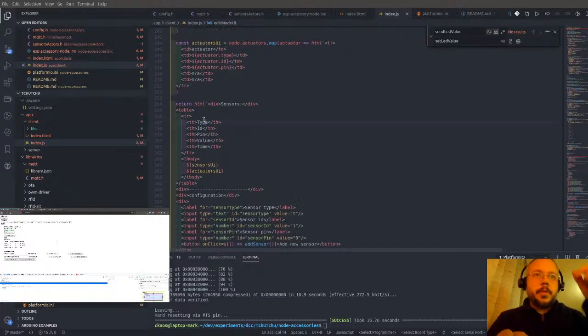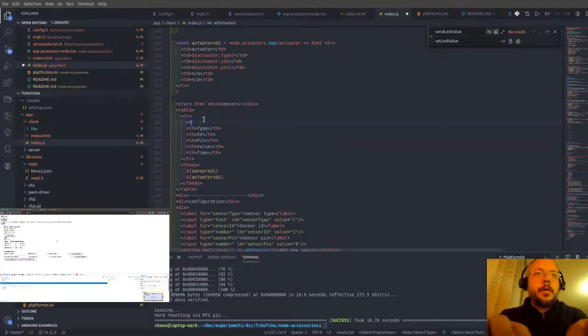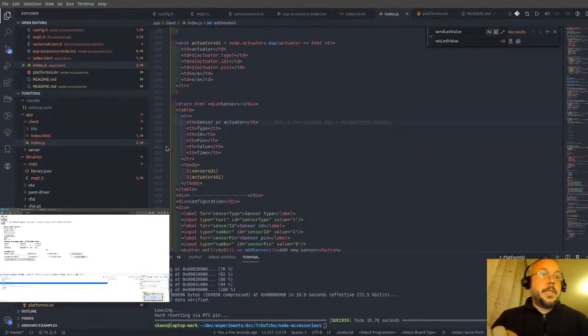So might as well get used to that. So we can call this sensor or actuator. I absolutely love spelling things out because then you come back to your code months or so after that and you still understand what the hell you were actually saying there. So we have that,